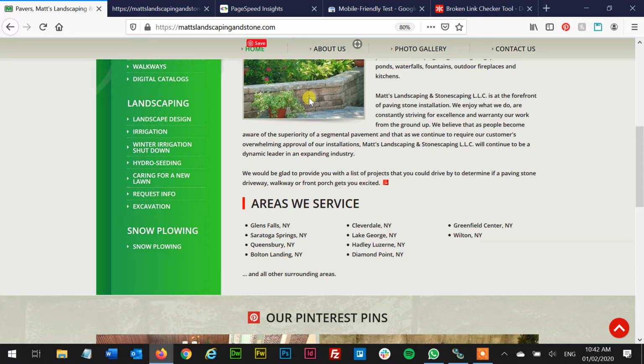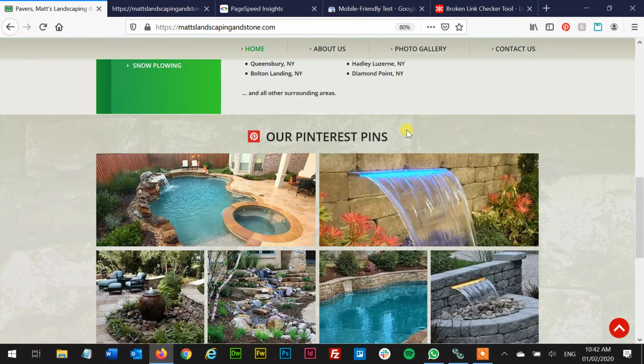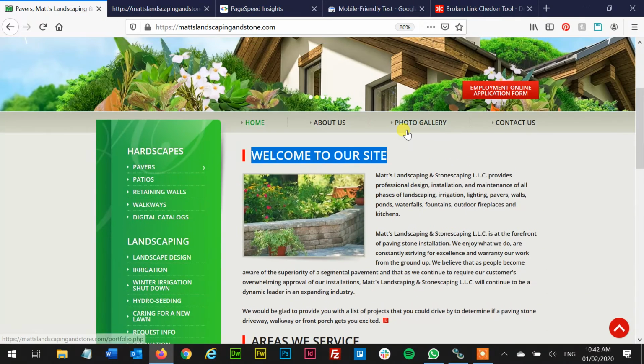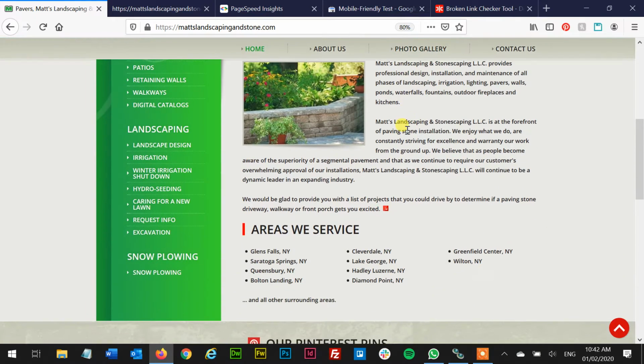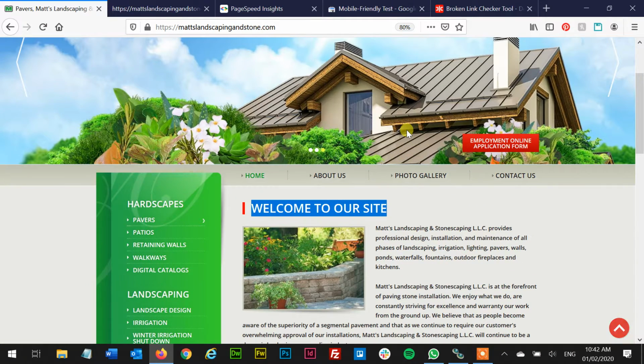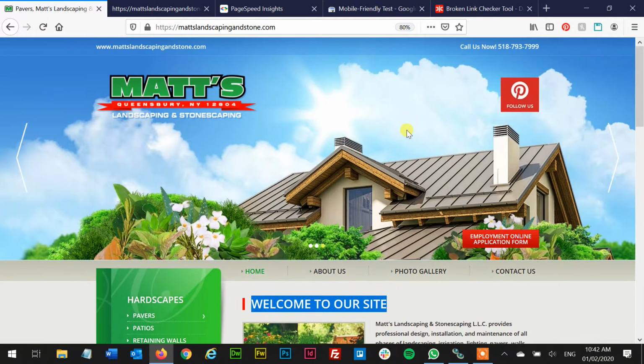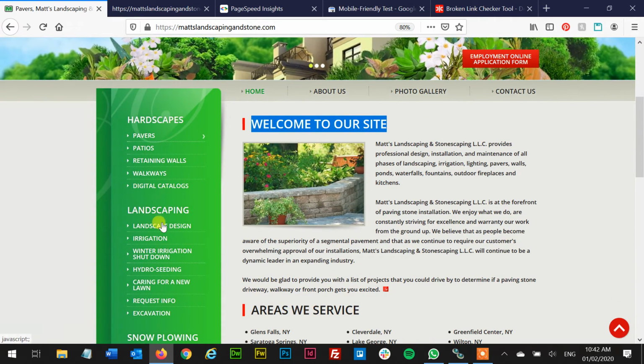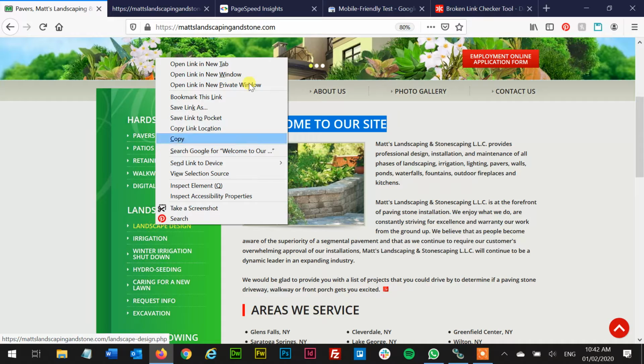Let's move right along. Amount of text on homepage is very important. I like to see 300 to 500 words. Right now we have maybe 150. So this needs to get bumped up. And then the same goes for individual pages as well. If we pop open your inside pages,